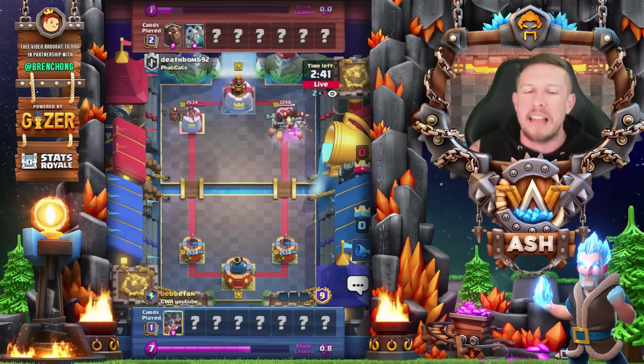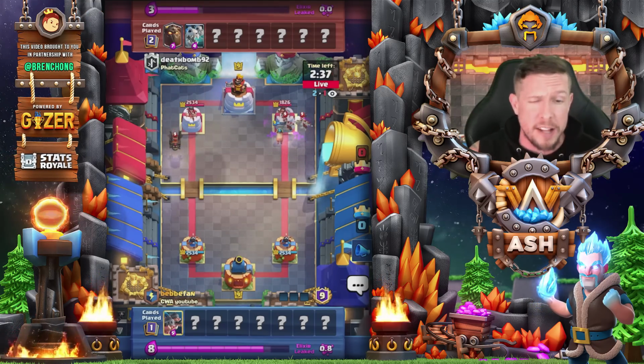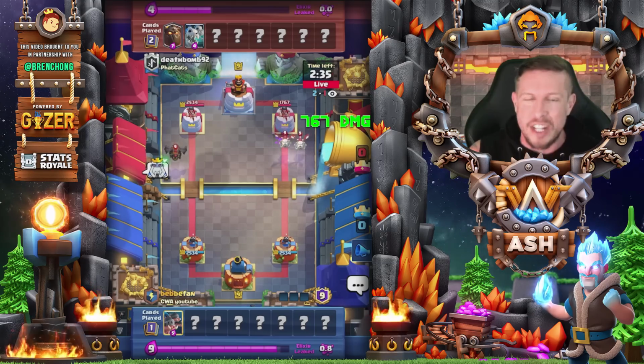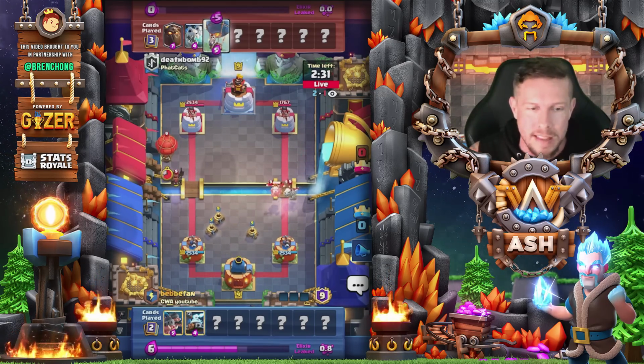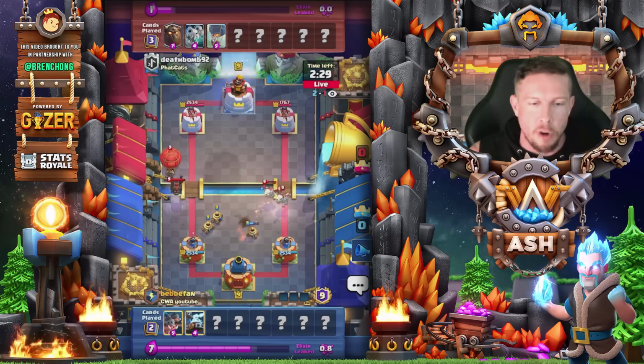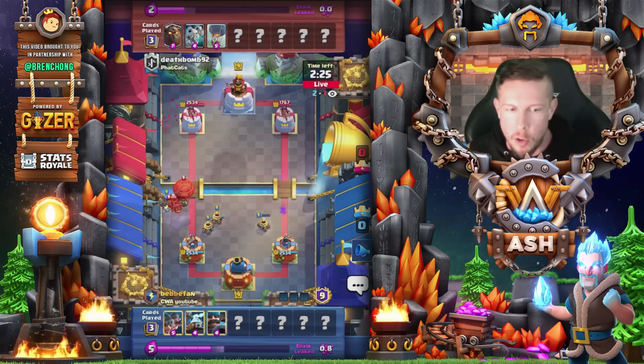So how do we handle a Lava Hound deck in a deck like this? Well, we have Zappies and Hunter being our two major answers, but we're also going to be utilizing the Giant Skeleton in some situations, especially in double elixir time, to stop these big, enormous pushes. We have Hunter in hand here, and we go ahead and use him, try to angle him correctly onto the